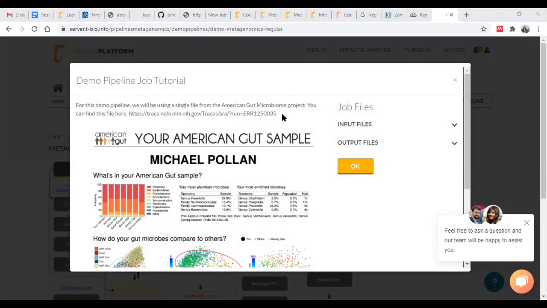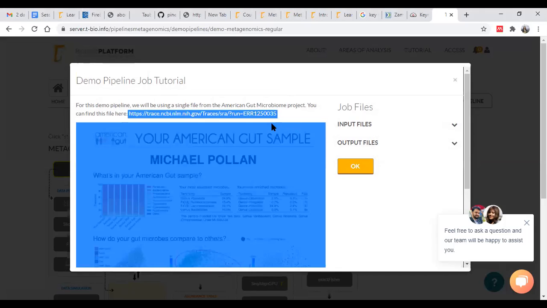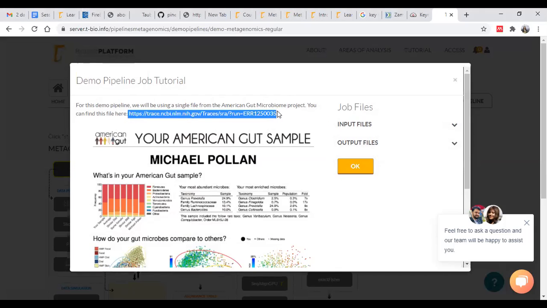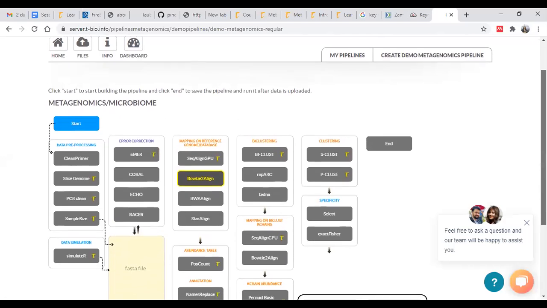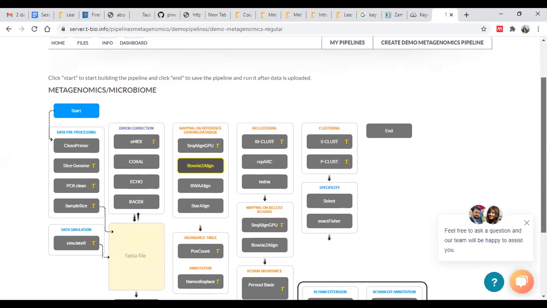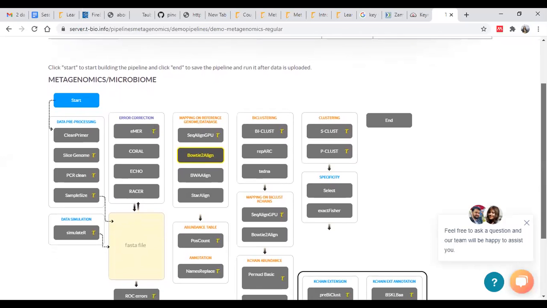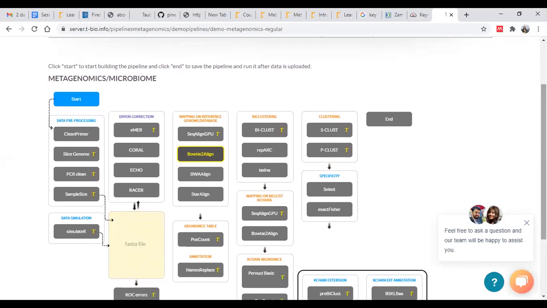If you just want to look at this sample, you can click on the URL provided for the particular sample we are analyzing under this pipeline. By clicking OK, we are able to upload this sample. Once we have uploaded our sample, next we are going to map it onto a reference genome or a reference database. Here we know what our reference database is.